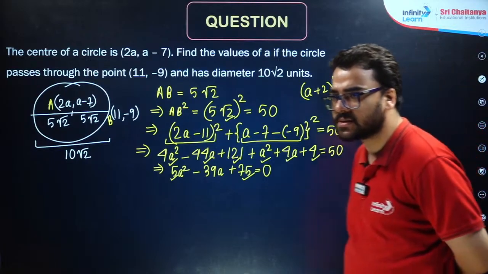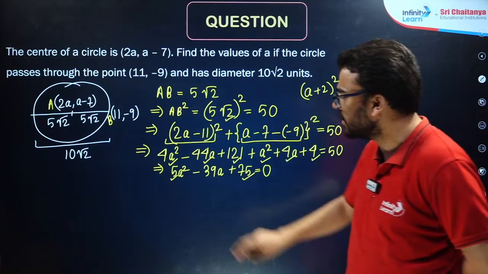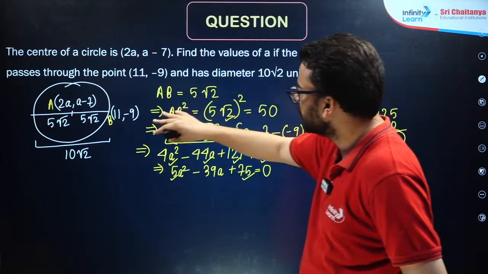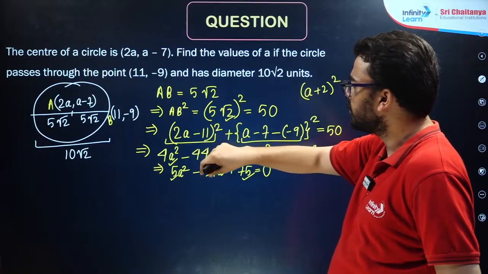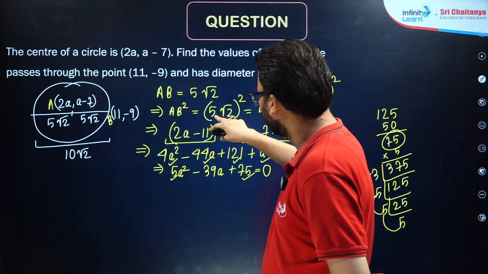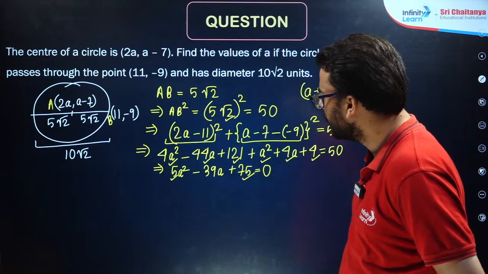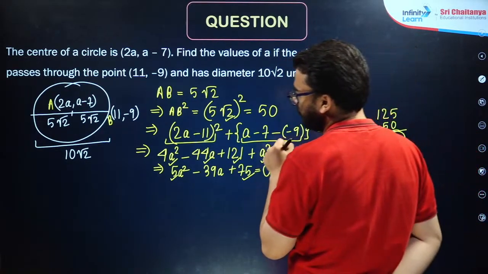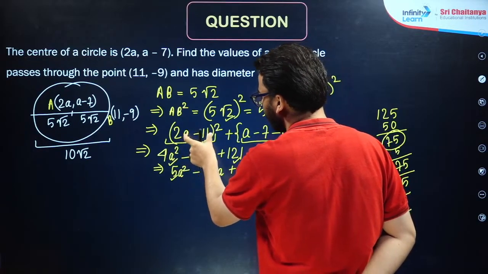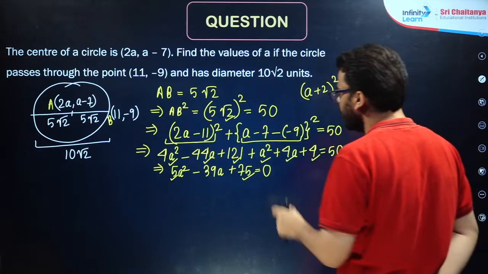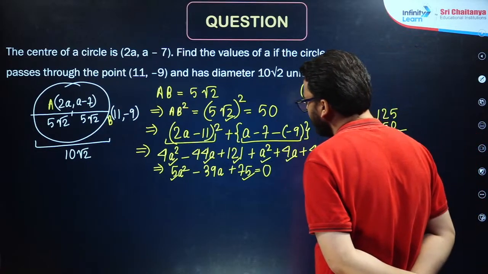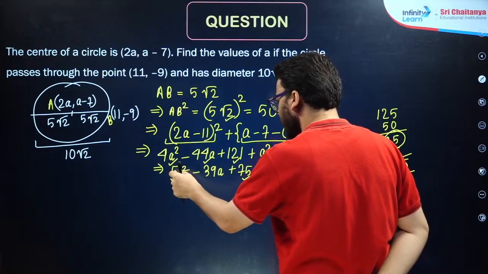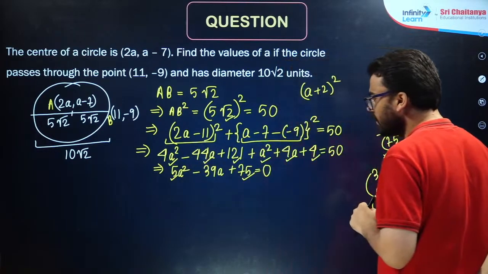So I guess I have done some calculation mistake. I guess we have to check that quickly. Let me see that. Center of the circle is this thing. Find the values of a if this circle is passing through the point this and has diameter 5 root 2. So radius is this. Let me check that. Correct. Okay. So 2a minus 11, a minus 7 plus 9 the whole square. That is correct. So 4a square minus 121, that is correct. This is a plus 2 the whole square only. So a square plus 4a plus 4, that is 50. That is correct only. So this is 5a square, and then you will get,